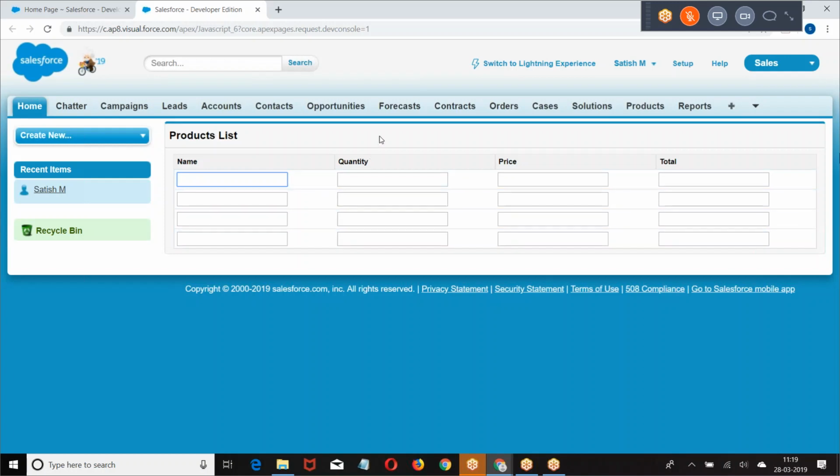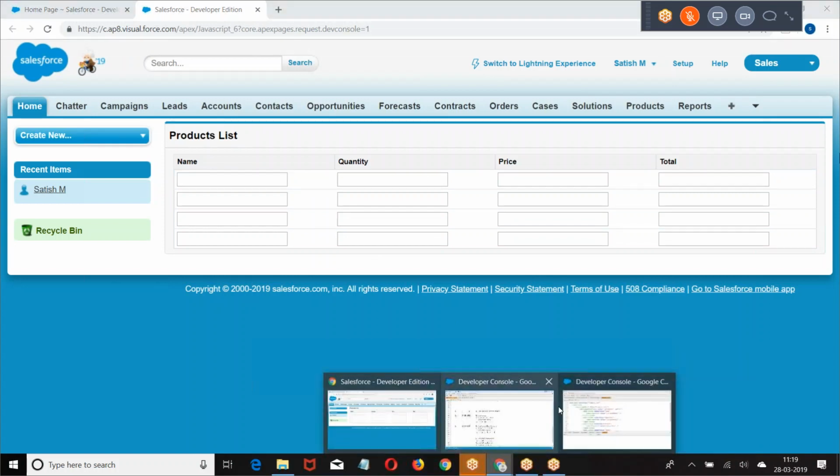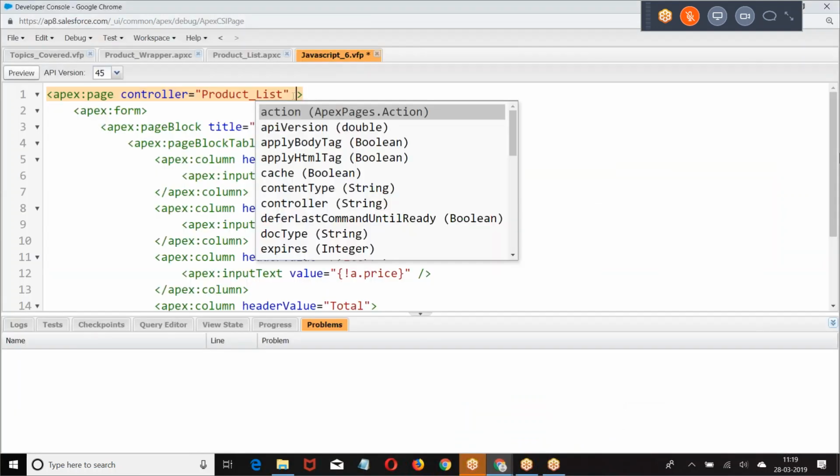So this is how we got it. Name, quantity, price, total. Now I want to know which row I selected. I want to know on which row I have clicked.